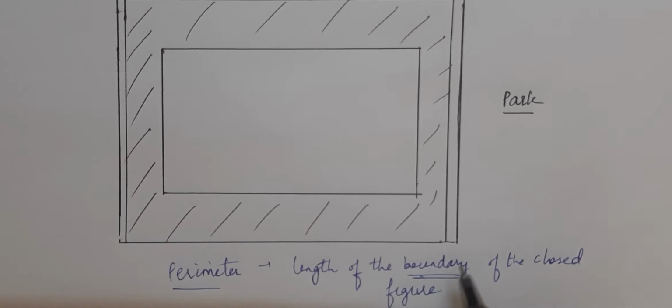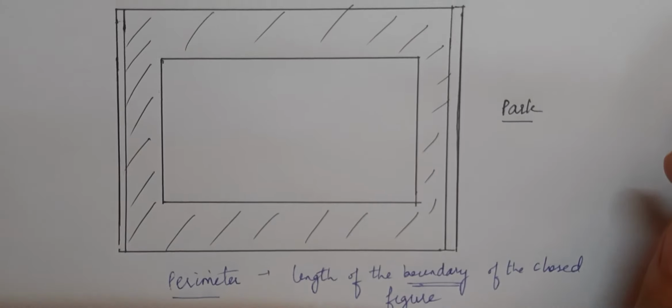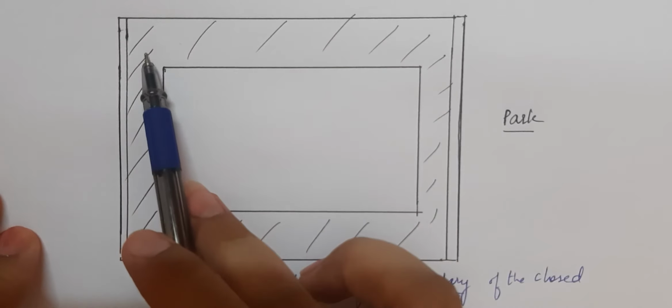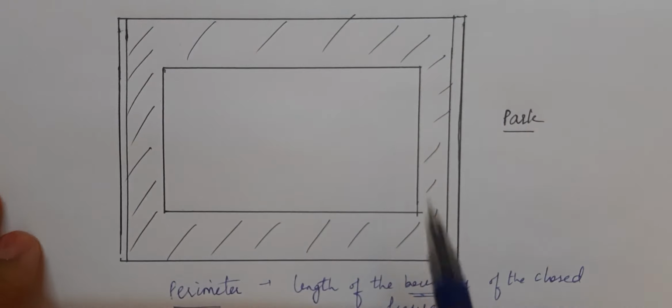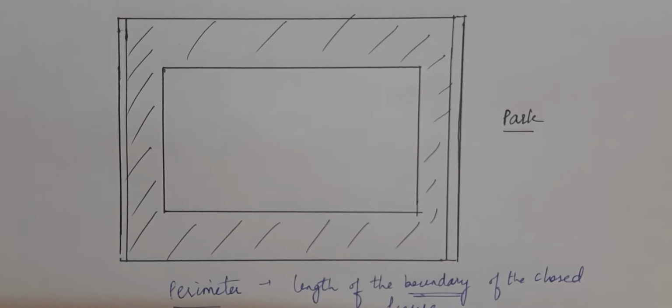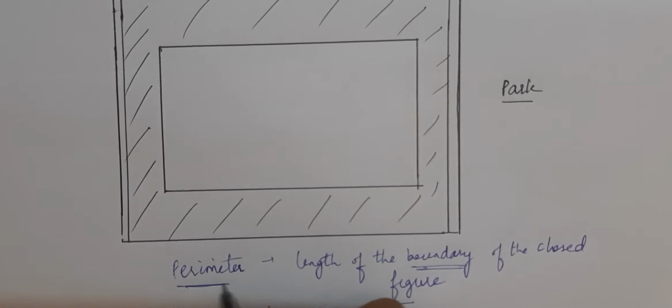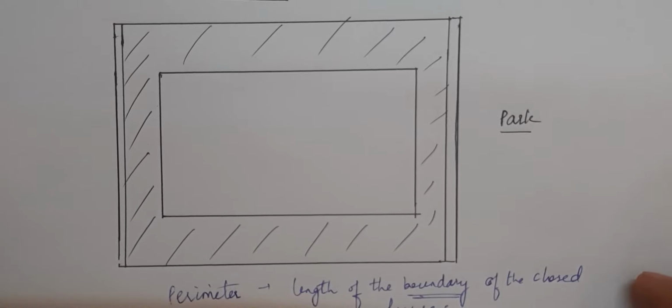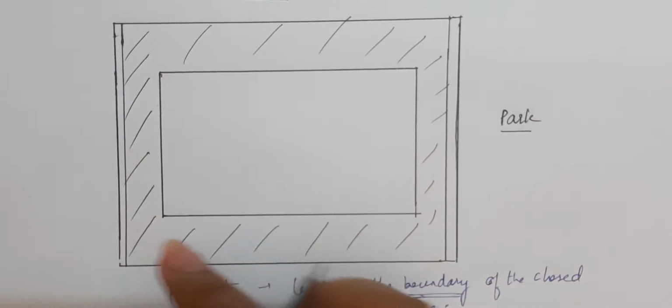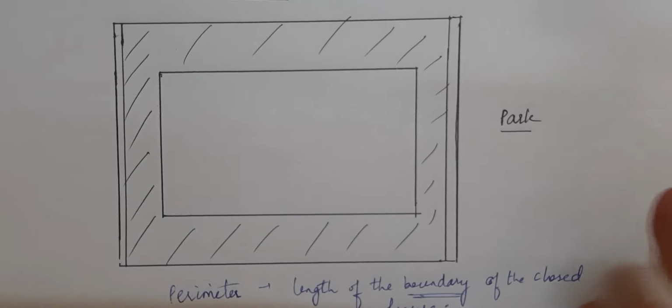So the boundary, I already talked, if we are walking on the boundary, you have to find that if I have taken one round, how much distance I have covered. To find out, I will find the perimeter, because perimeter is the length of the boundary of the closed figure. किसी भी फिगर की बाउंड्रीज को अगर हम कैलकुलेट करें, दैट इज पेरीमीटर. Now in more simple language, I can say that sum of all the sides of a closed figure, any figure I have taken,